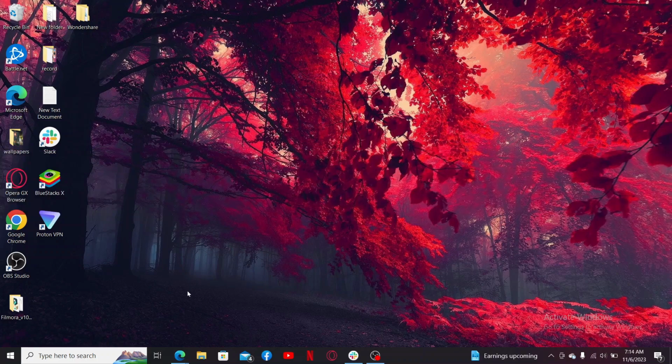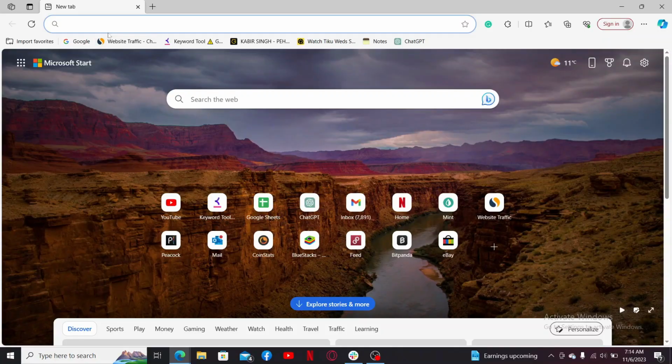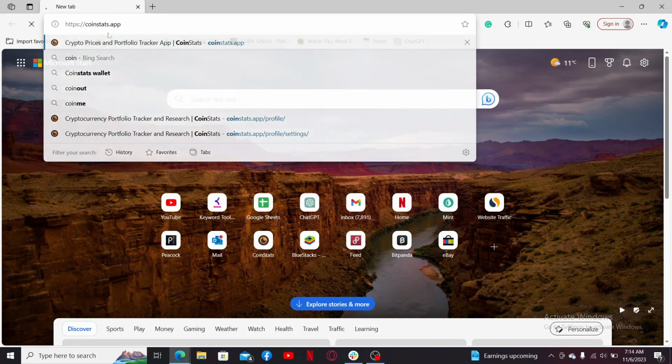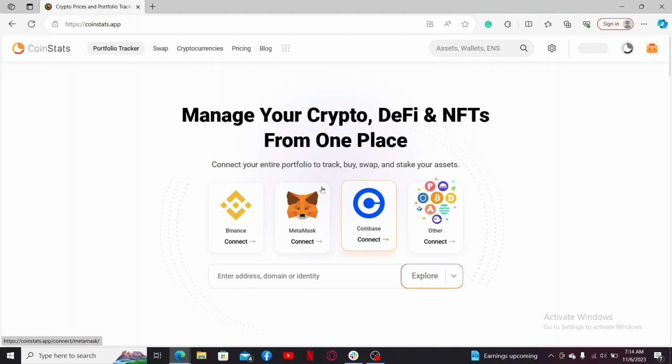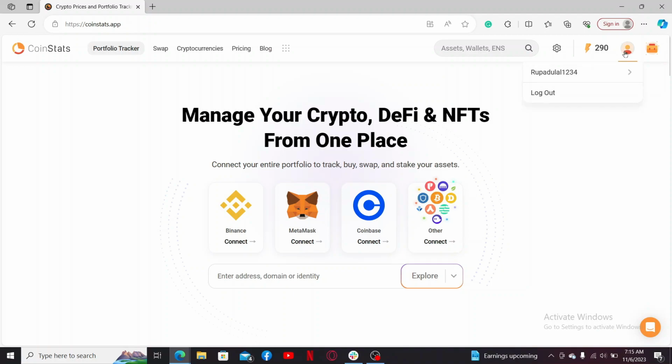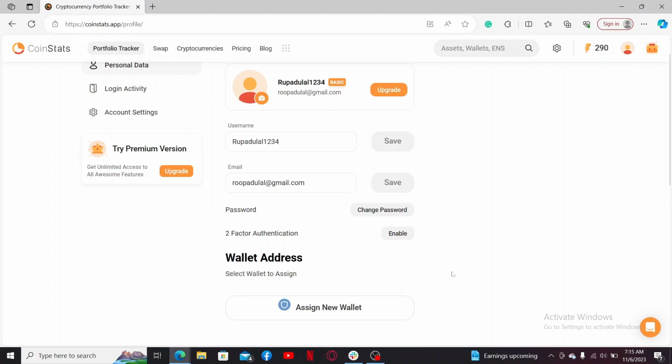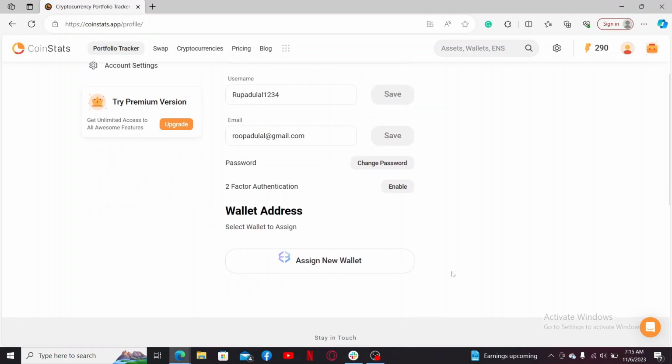Start off by launching your web browser and going to coinstats.app. Once you end up on the official website of CoinStats, make sure to log into your account. After you are signed in, click on your profile icon at the top right hand corner and click on your username. Scroll down from the personal data page and click on the enable button right next to two-factor